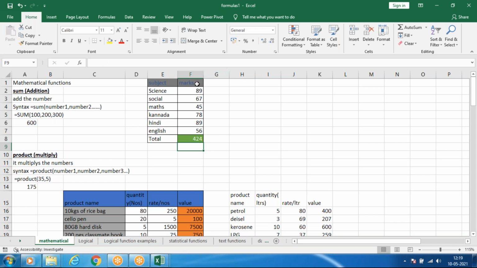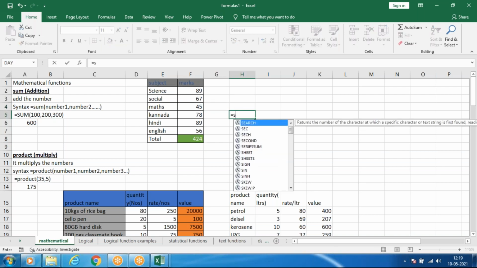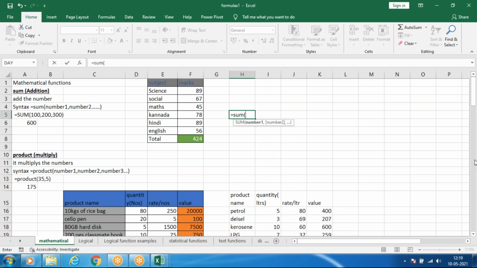That means you can find the total based on the subjects or your data. Or else you can type equals sum, open brace, or use the tab key, then select the range and press Enter. So this is one more method.